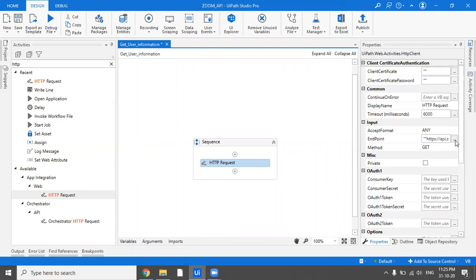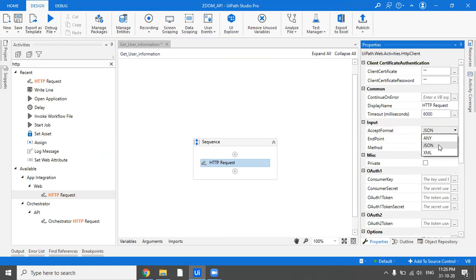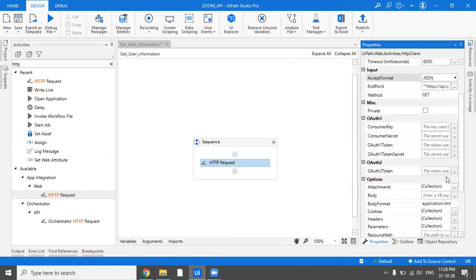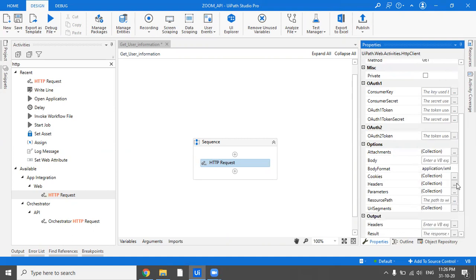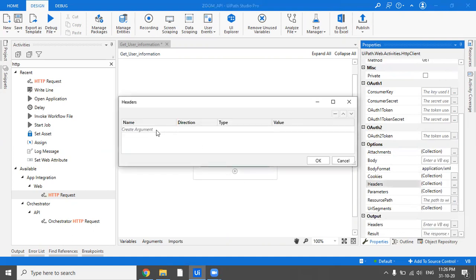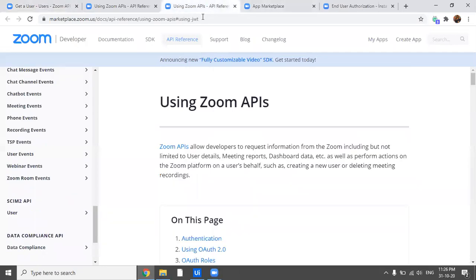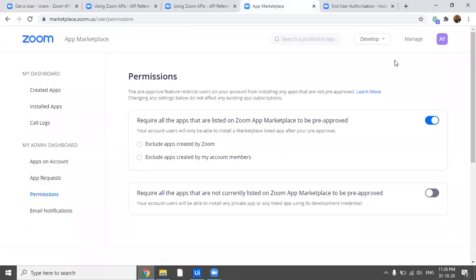Now, once we have put in the endpoint, the accept format could be a JSON. If you put it any, it would vary. It could be a JSON, it could be an XML. But if you have to specify, you can obviously specify. Then you have a header in here wherein you'll be passing your authorization token, which is your JWT token. Also, always make sure, it may sometimes not be mentioned in the documentation very clearly, whenever you're passing a token, an authorization token especially, you attach bearer to it.